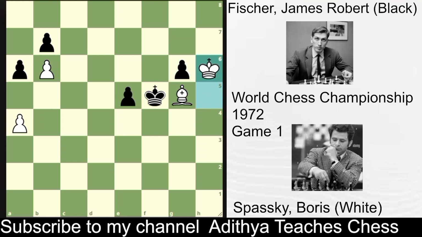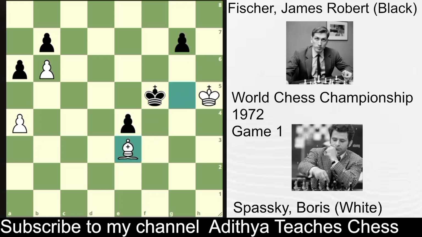king h6, a5, bishop d2, e4, bishop g5, bishop e3, blocking the passed pawn, king f6,